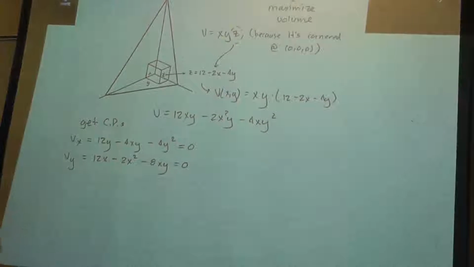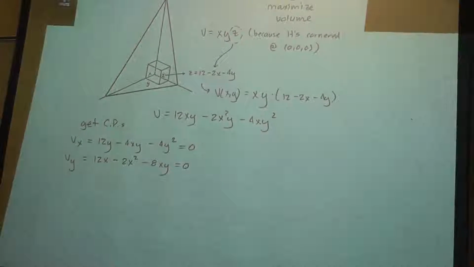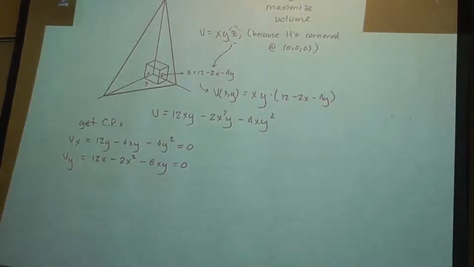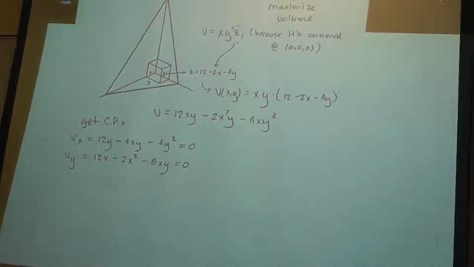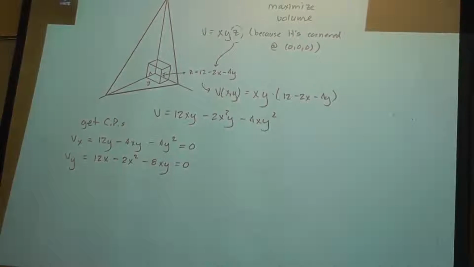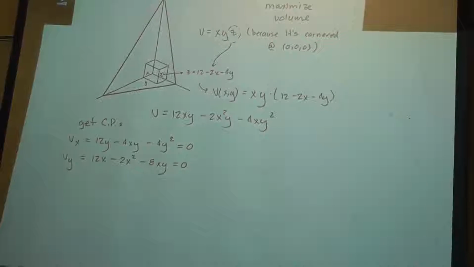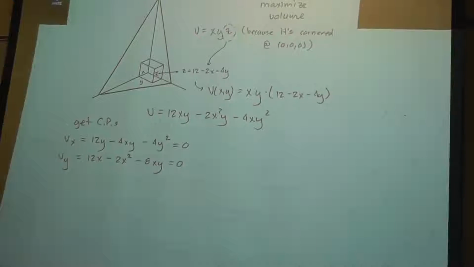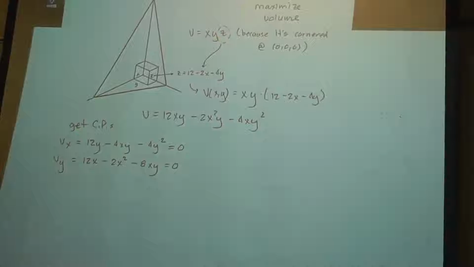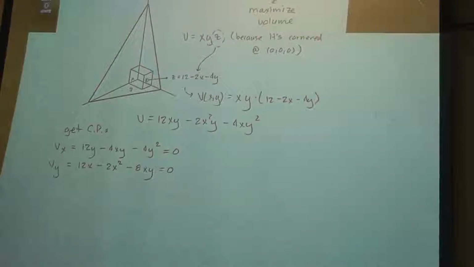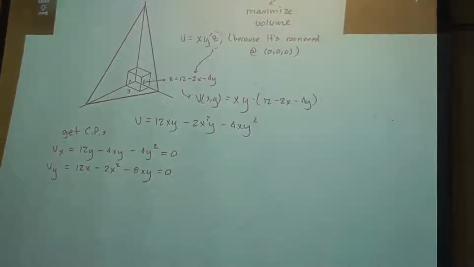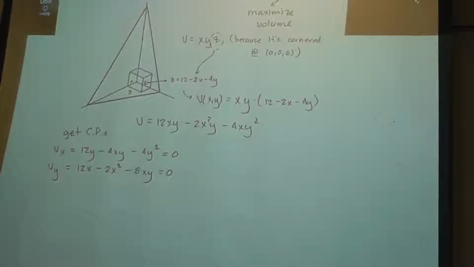Okay. Both have 3 terms. Both look kind of like a hot mess. But the one thing I see is if I take any one of these 2 equations, there is some factoring you can do. And that factoring will lead to 2 possible cases you could consider. Now, you may not have to consider every case. What are the stipulations on this function? For example, what's its domain for x and y going to have to be? 0 and